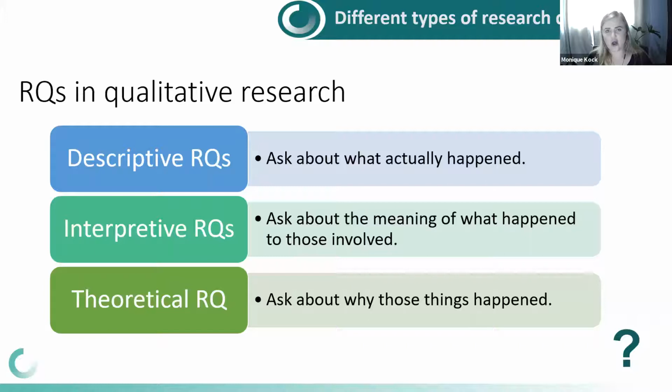And the only way that you know what needs to be interpreted is to look at, for instance, what the literature has shown, what the theory has shown, which leads to a theoretical question. If you, within your study, have, for instance, identified that I have a set theory that I need to address, you would need to look at how, within your aims and your research questions, you are addressing these theoretical research questions.